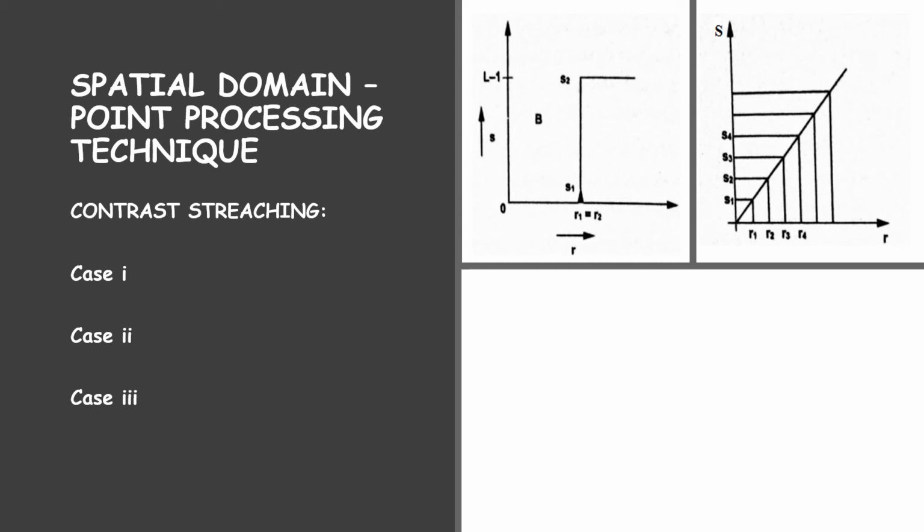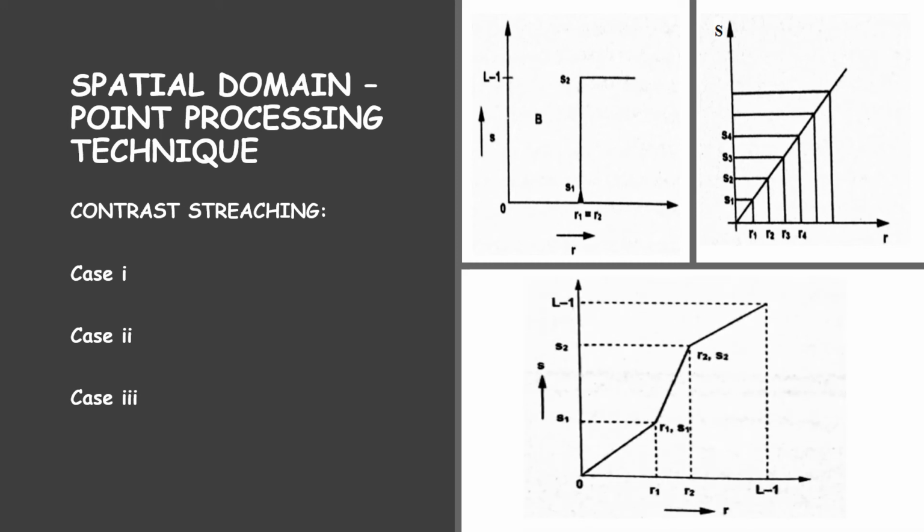Now moving on to case 3, you have a diagram there. The intermediate values of R1, S1 and R2, S2 produce various degrees of spread in the gray levels of the output image. Thus, this affects the contrast. So we are going to take an image with low contrast and compare it with all the other images previously stored, and with the help of the threshold value applied to your original image, you will get an output image.